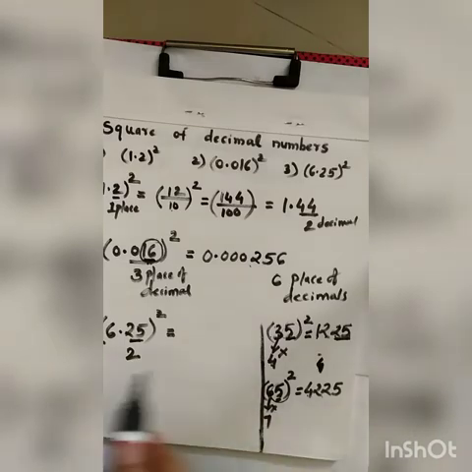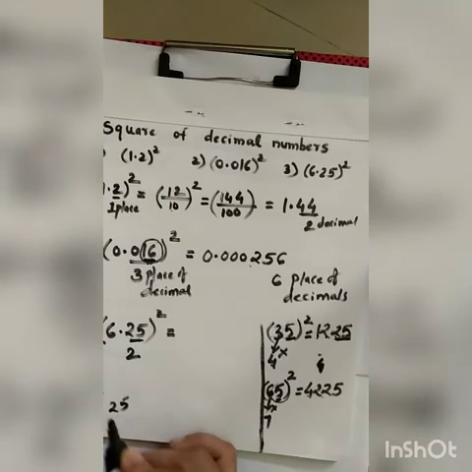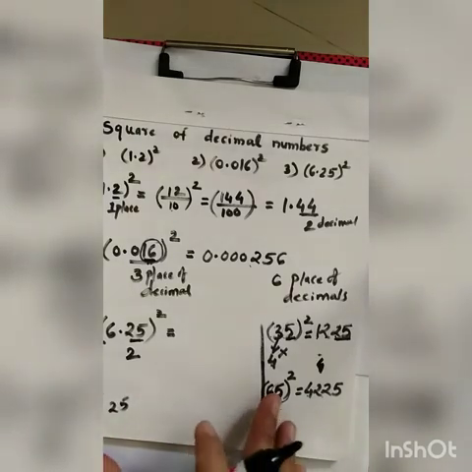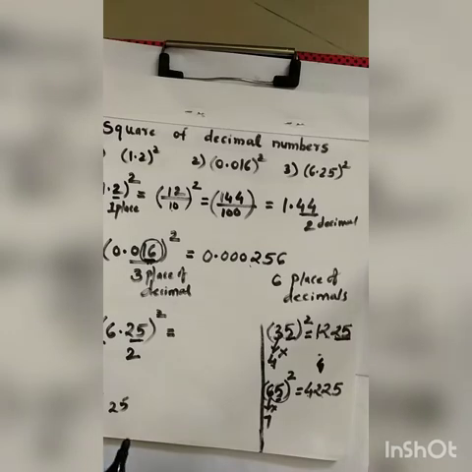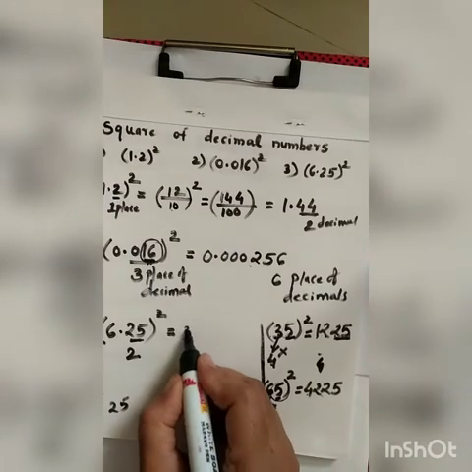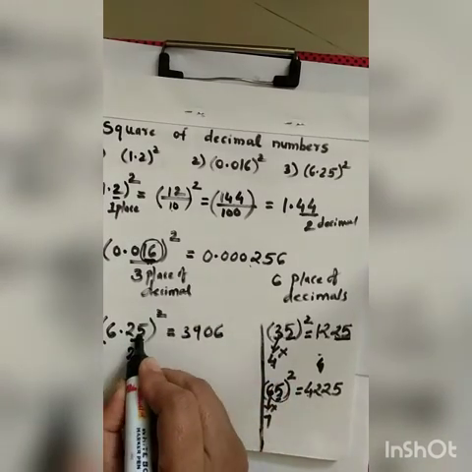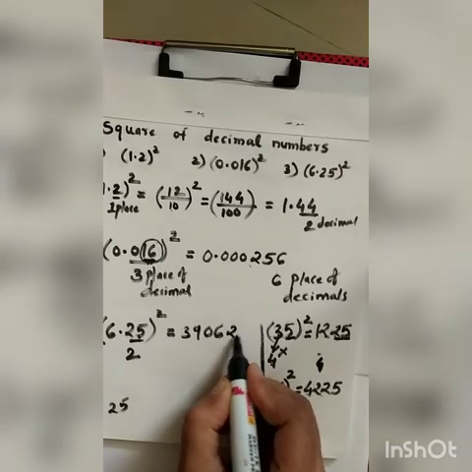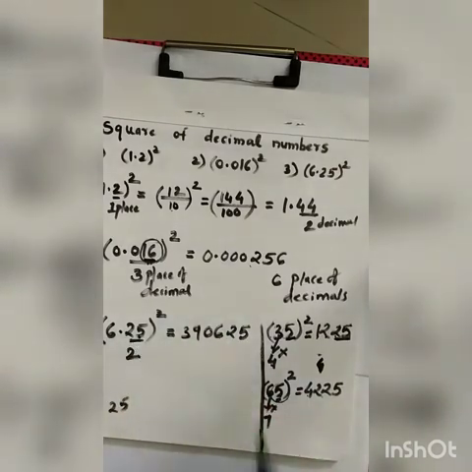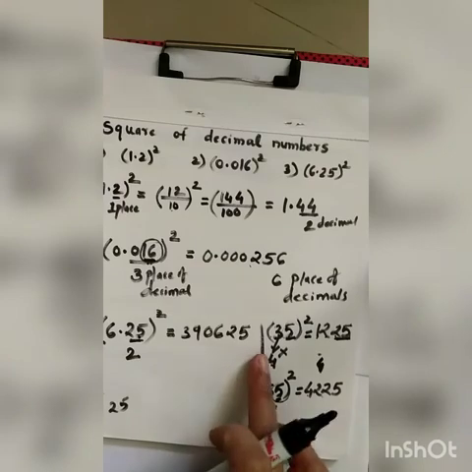With the same pattern I will find the square of 625. How will I find it? It is 625. I know for 5 it will be 25 in the last. What is the successor of 62? It will be 63. And when I multiply 62 with 63, what will I get? I will get 3906. So I know that 3906 and then 25. So the square of 625 will be 390625.